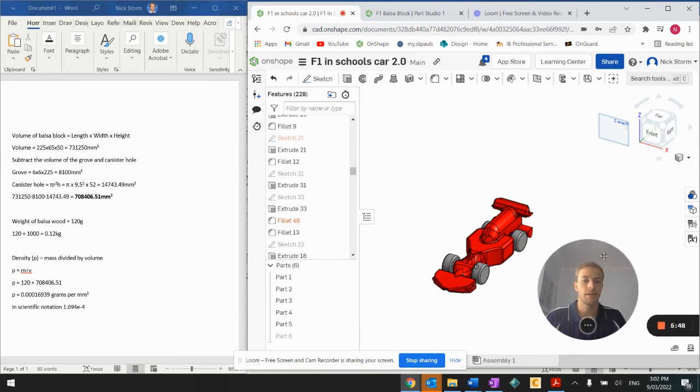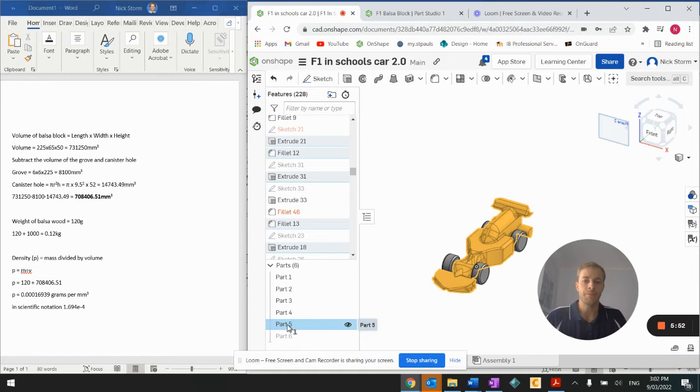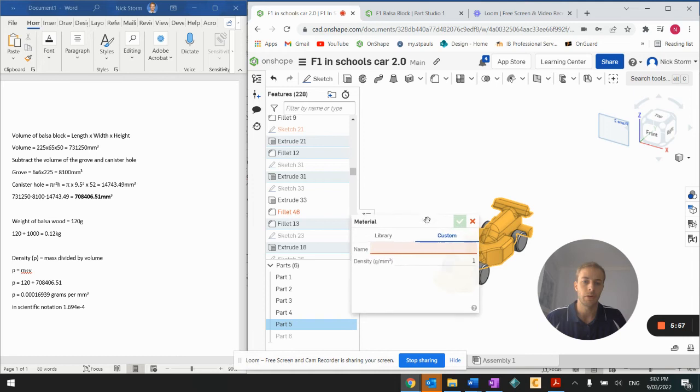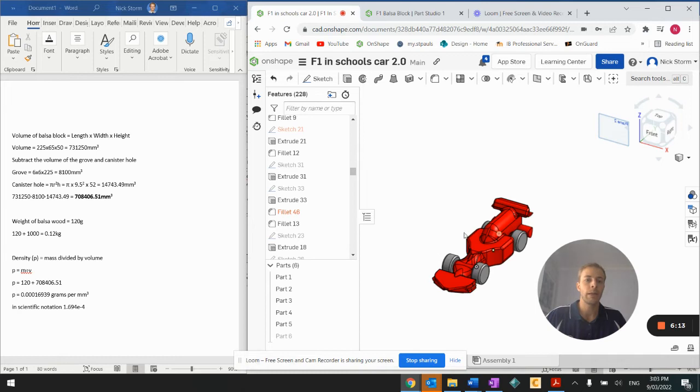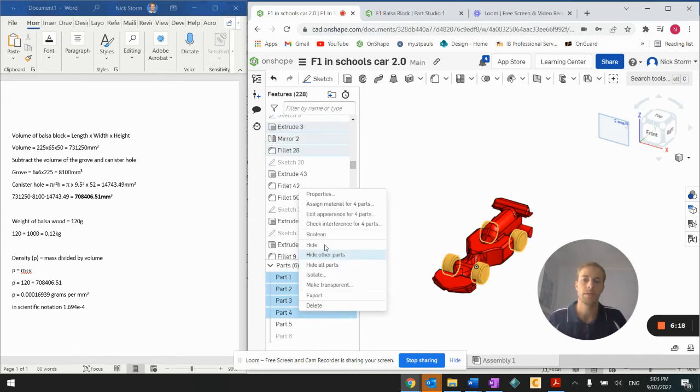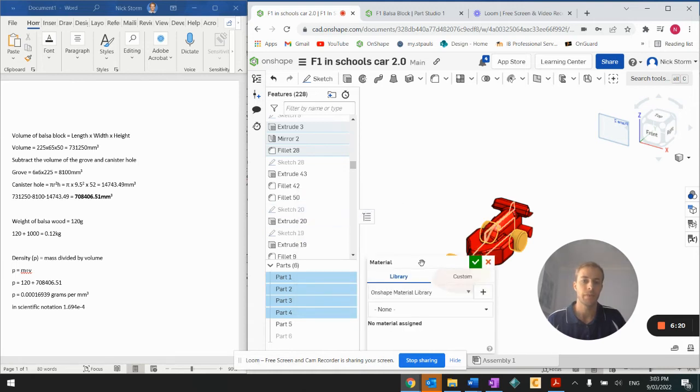let's put this into practice. Part 5 is my balsa wood body. So I'm going to assign a material to that. I'm going to call it custom balsa, 0.0001699. Accept. And then for my wheels, what I'm actually going to do is select them all, assign a material, and then